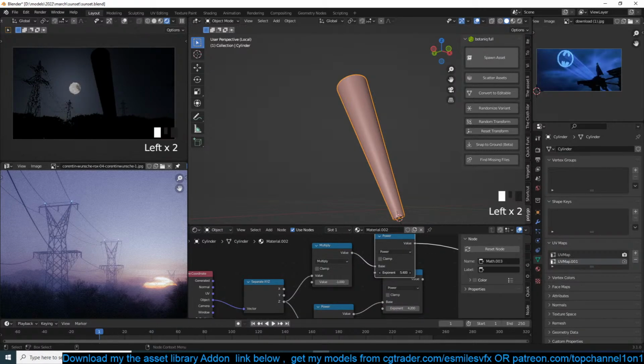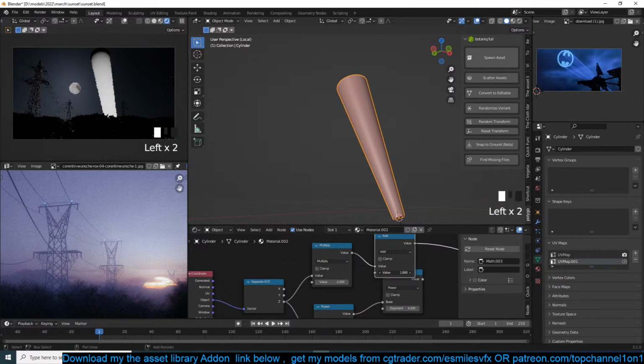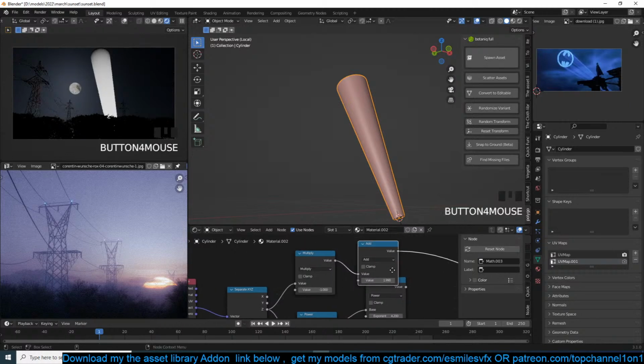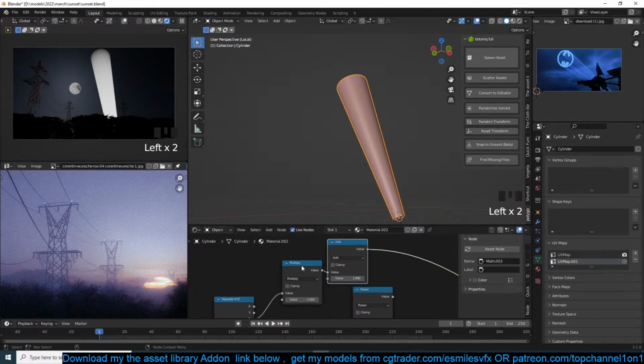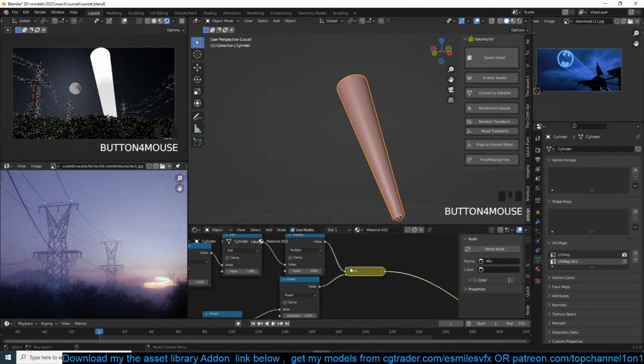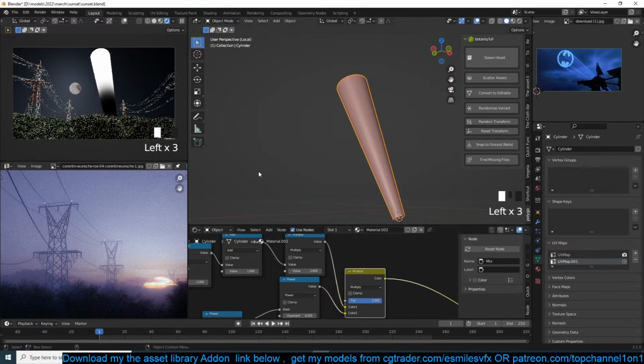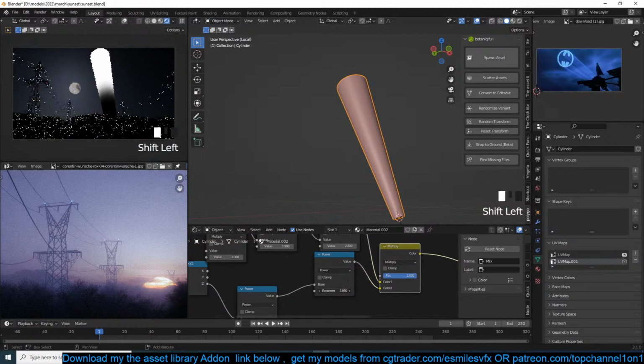Power. Then multiply again. Now we can then blend the two like that. So